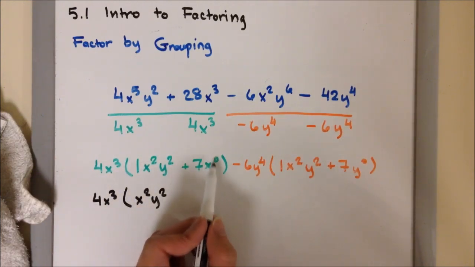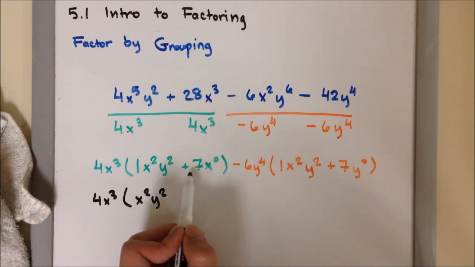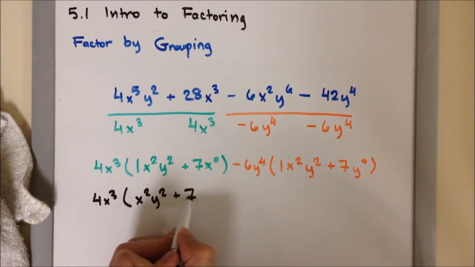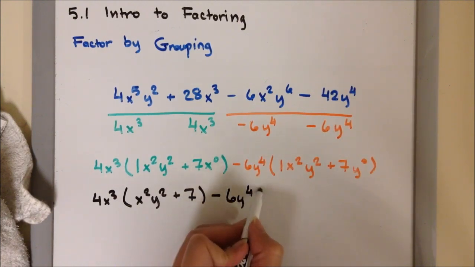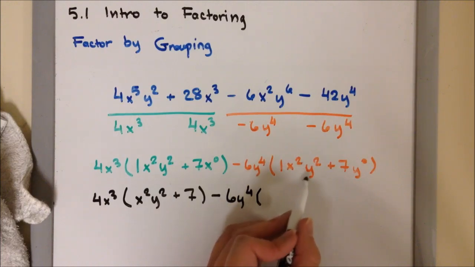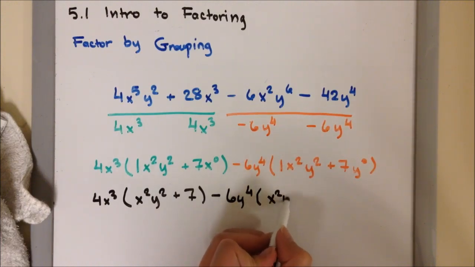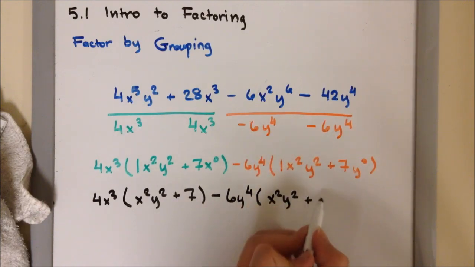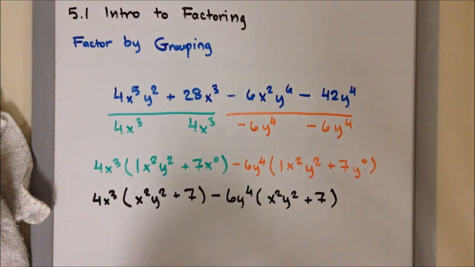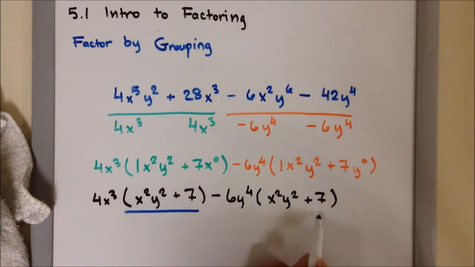Now, y to the 0 becomes 1. 1 times positive 7 will be plus 7. Alright? Notice how inside the parentheses is x squared y squared plus 7, x squared y squared plus 7. They're both the same. So therefore,